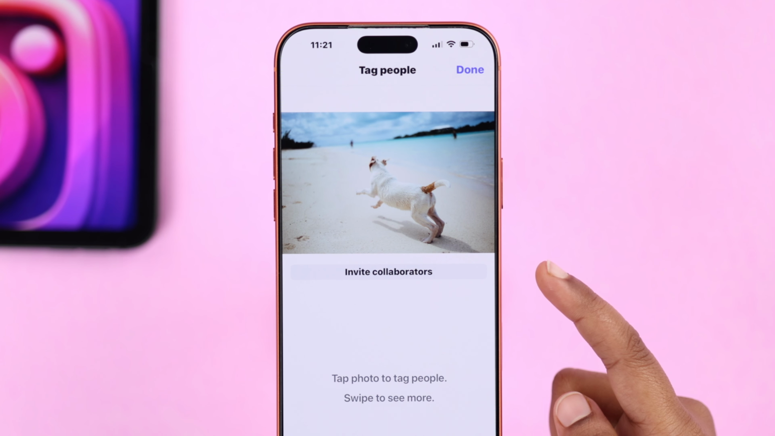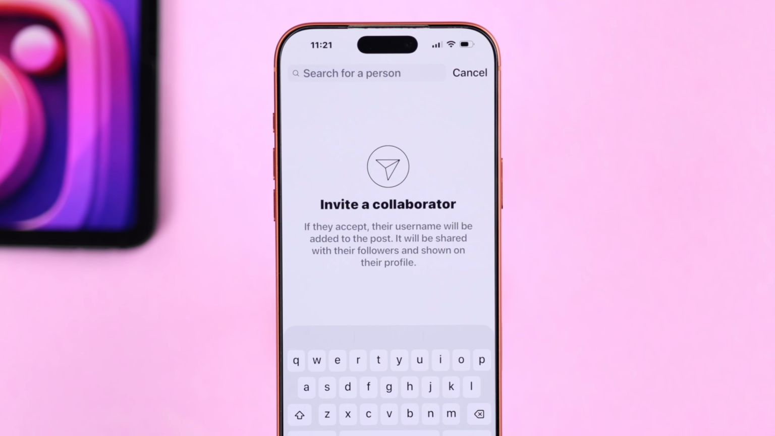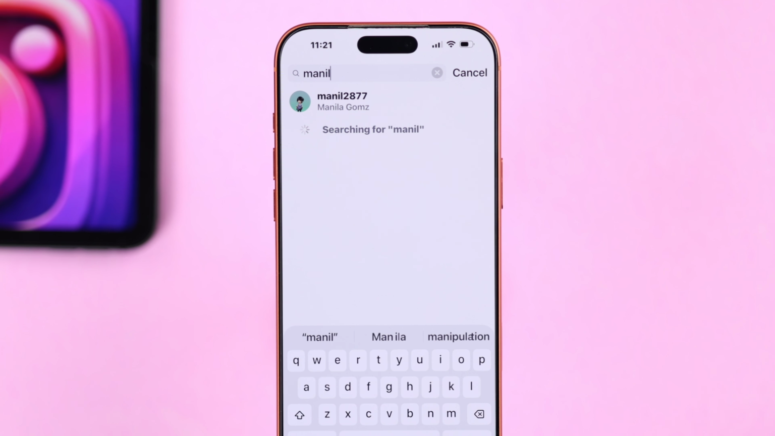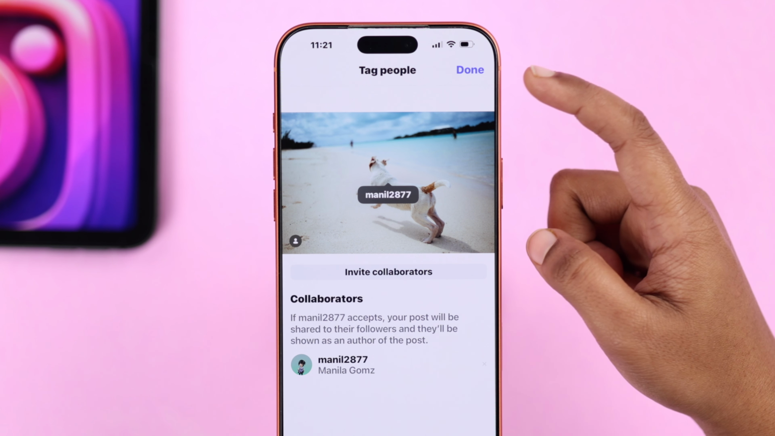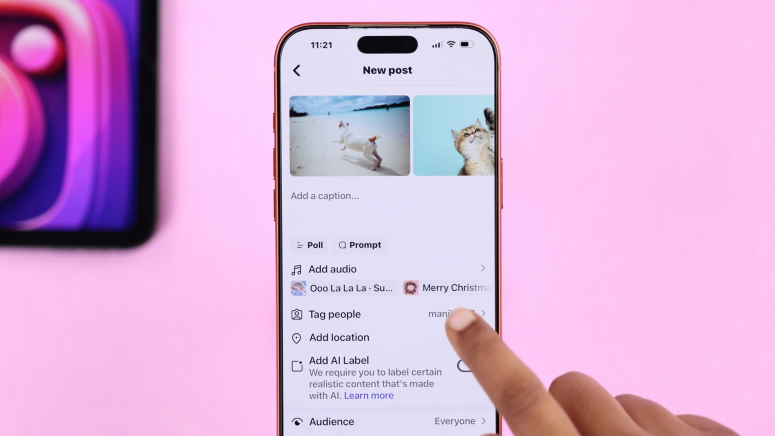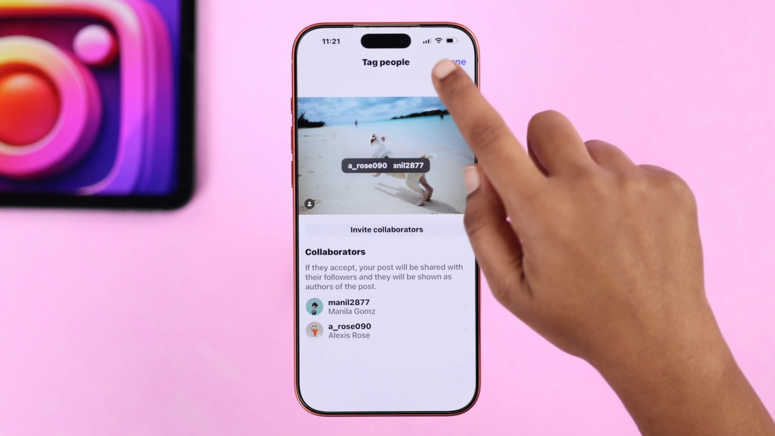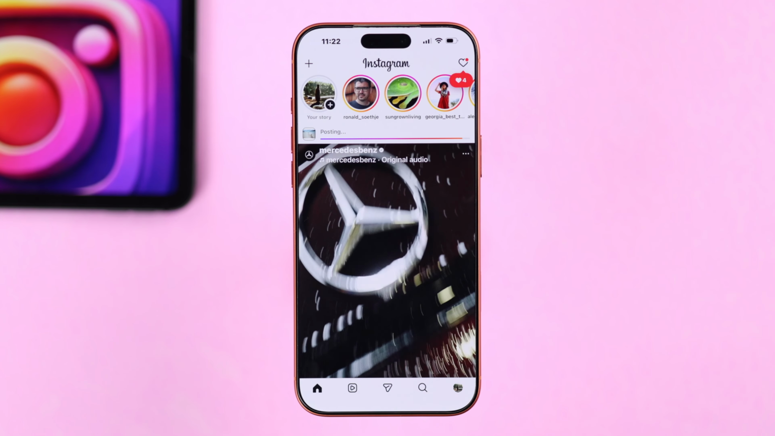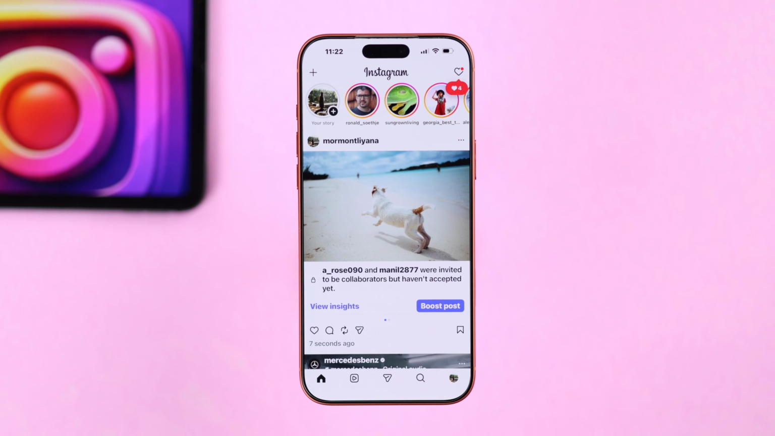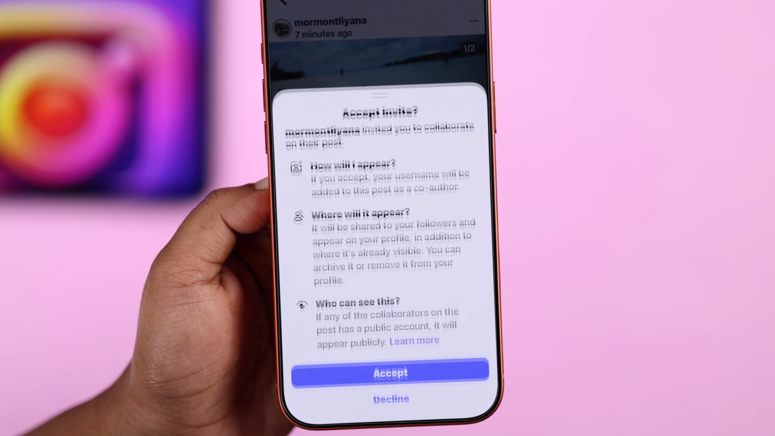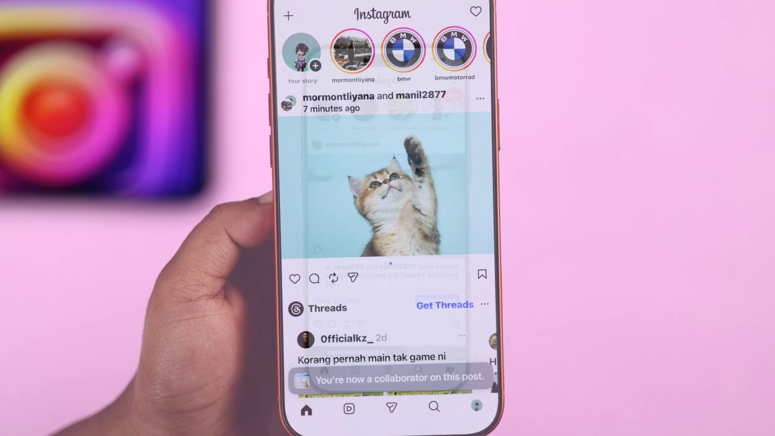And here you will find the invite collaborators option. Just go for it and search for the person you just want to tag. Select them and tap done. You can also choose multiple people if you want, and after that, go for share. Once the post is published, you will see that it's posted successfully, and when they accept it, their names will